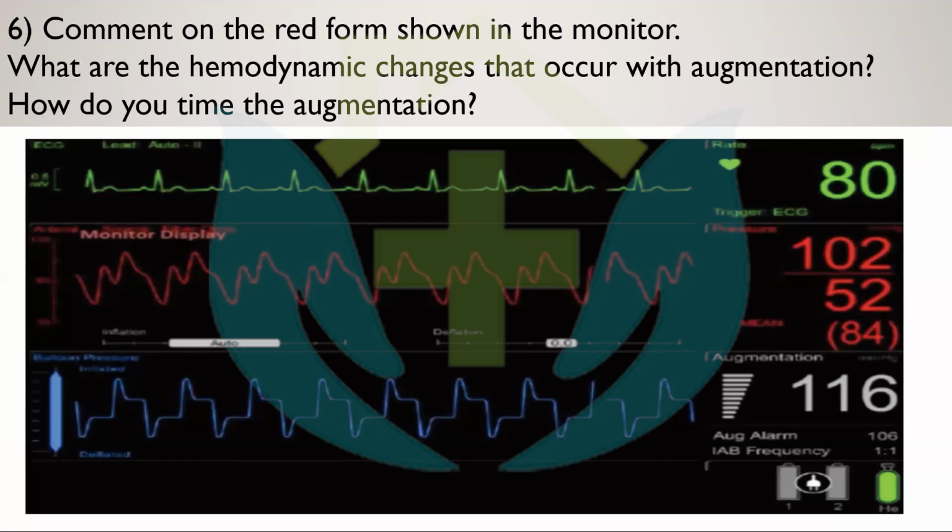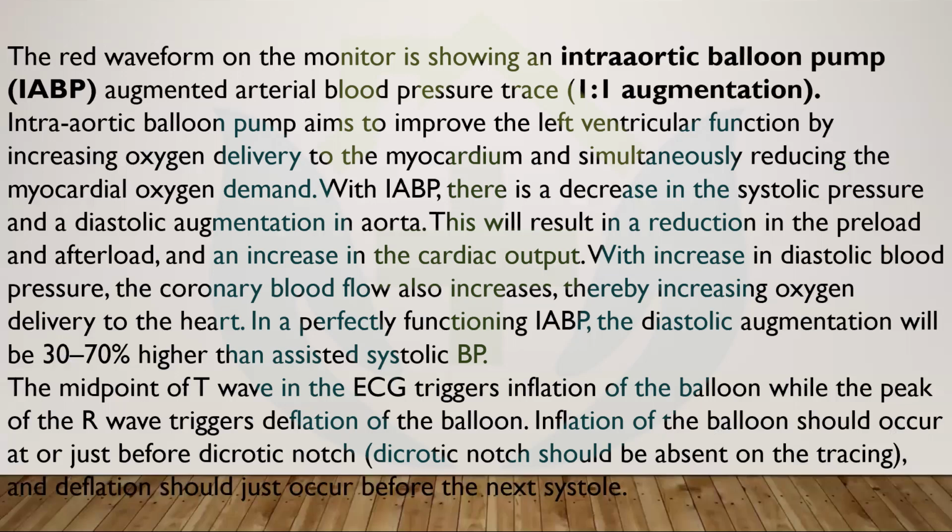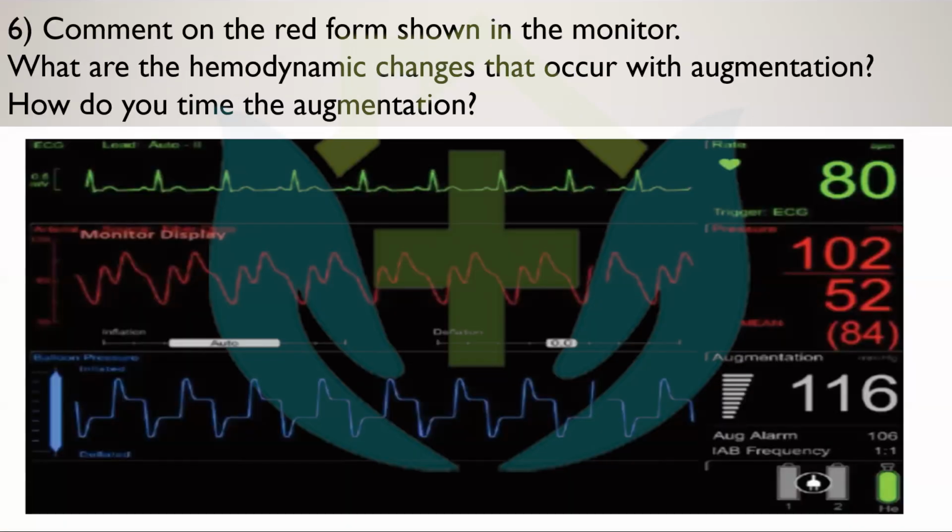IABP, they have asked the question. Always tell them that it's 1:1 or 1:2, whatever it is. The other thing is only four things are there in this: early inflation, late inflation, early deflation, late deflation. Just go and see the images of this in Google Images. Just type IABP, they will give you the images. Just keep that picture in mind so that as soon as you see such a trace, you will be able to diagnose whether it is early inflation, late inflation, early deflation, late deflation, and you are able to diagnose it